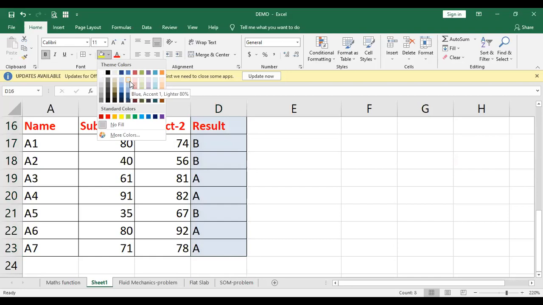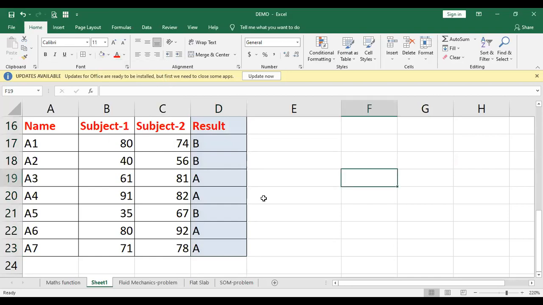Suppose I want this color. This says that yes, this is the output or the result. How have we done that? I'll just undo it and select this part.